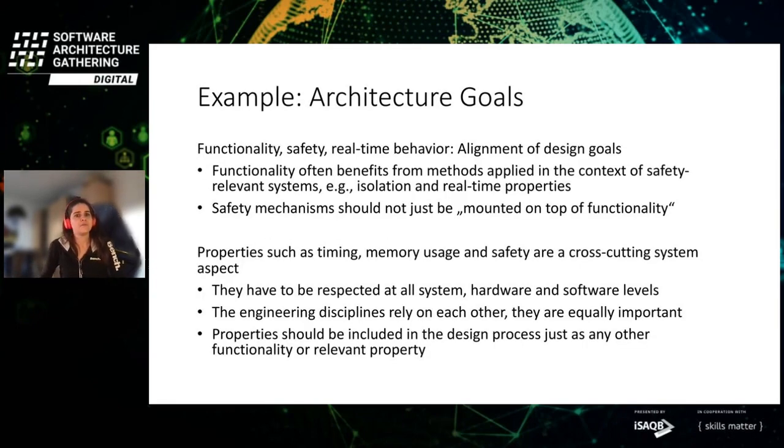So if we have a look at these architectural goals, functionality, functional safety, and real-time behavior, we have to see that we have to align these design goals. So these are topics that do not stand alone. But for example, it's the case that functionality often benefits from methods applied in the context of safety relevant systems. For example, isolation is a good property for applying methods for availability, and also real-time properties are good for a good user experience,